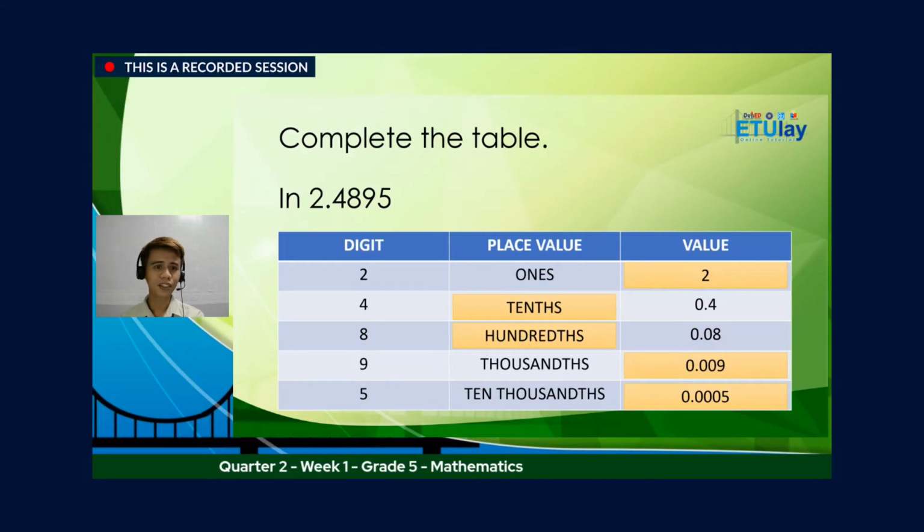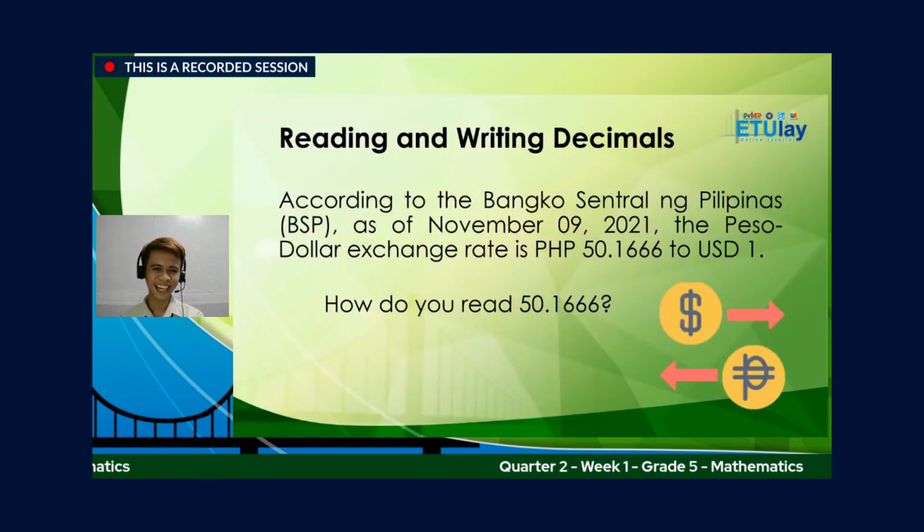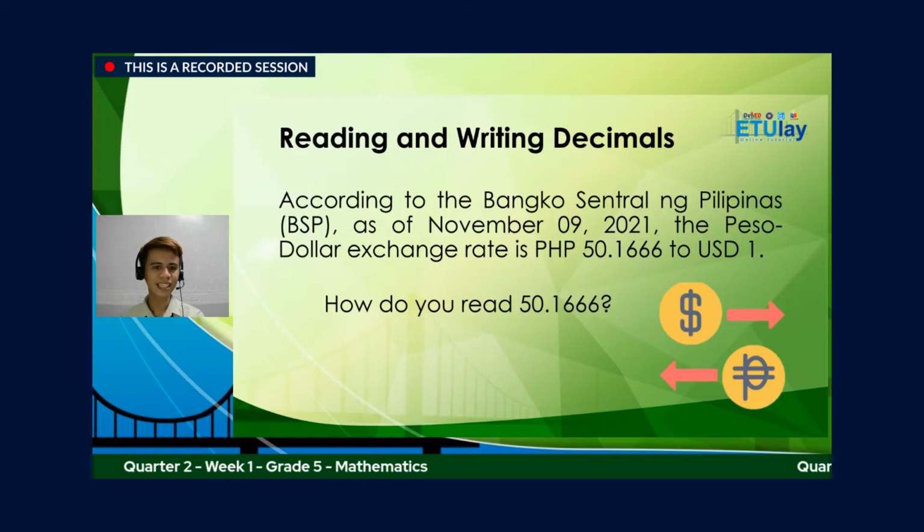I hope you got it all correct at pwede na tayo mag-proceed sa ating next subtopic, which is reading and writing decimals. With this situation, according to the Bangko Sentral ng Pilipinas or BSP, as of November 9, 2021, the peso-dollar exchange rate is 50.1666 Philippine peso to 1 US dollars. How do you read